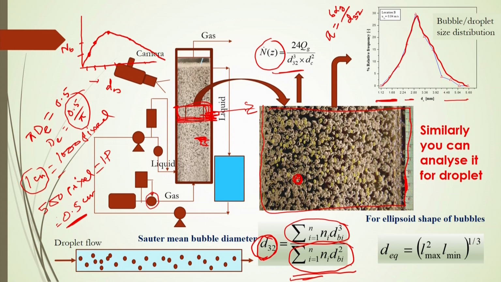Once you know the interfacial area, then you will be able to calculate the volumetric mass transfer coefficient, because there will be mass transfer from the gaseous phase to the liquid phase through the interface, and the overall concentration difference will be the driving force. Based on that, how many moles or mass will be transferred due to this concentration gradient will be proportional to this concentration difference. So, based on this you can get the proportionality constant, the volumetric mass transfer coefficient.